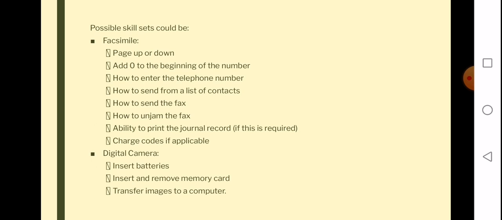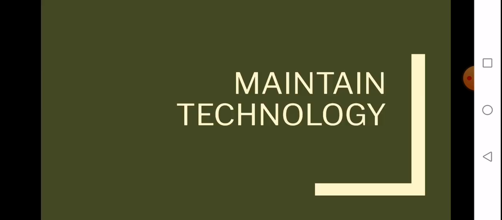So possible skill sets could be the facsimile. So we have page up or down, a zero at the beginning of the number, and so on and so forth. We also have the digital camera: inserting batteries, inserting and removing the memory card, transferring images to the computer. Next is